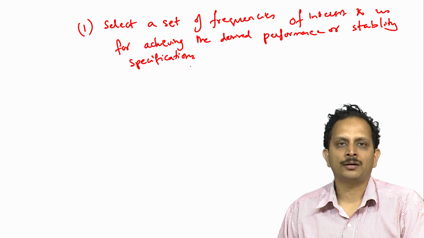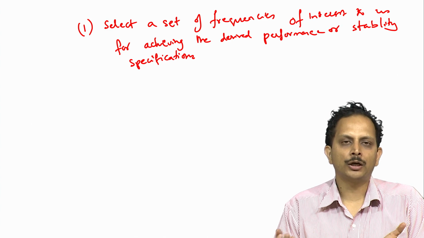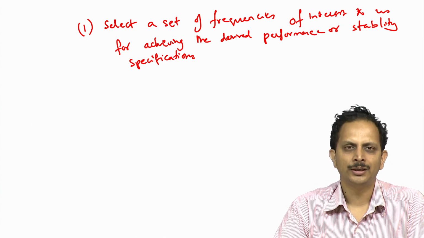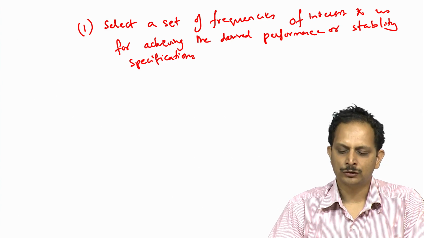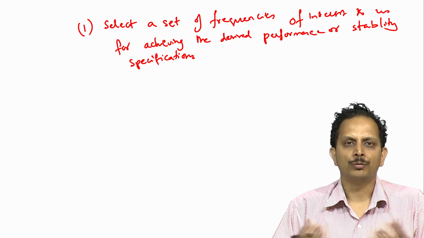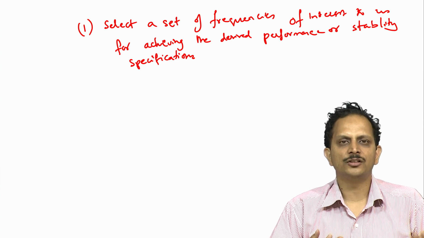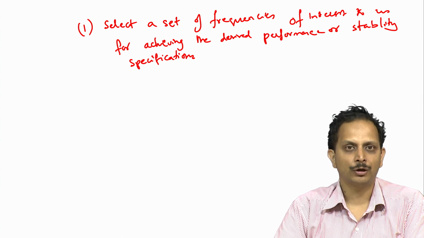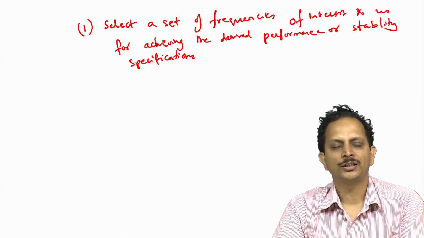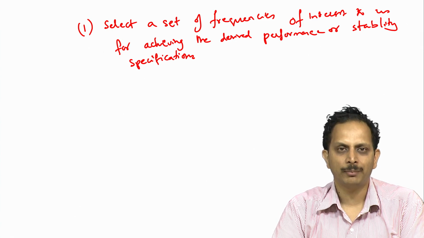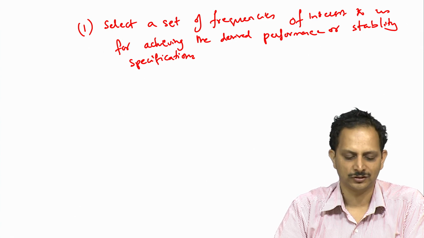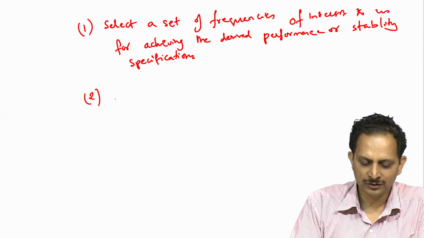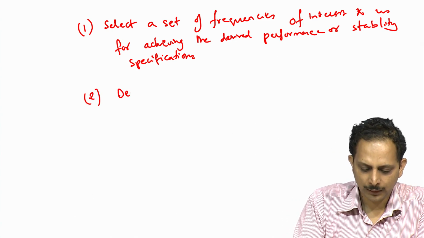So, in this particular problem, for instance, we know that we are not concerned about performance as far as disturbance rejection is concerned beyond 10 radian per second. So, we need to pick a few sample frequencies between 0 and 10 radian per second, which are of interest to us because these are the frequencies at which the closed loop system is going to get affected by both input and output disturbances.